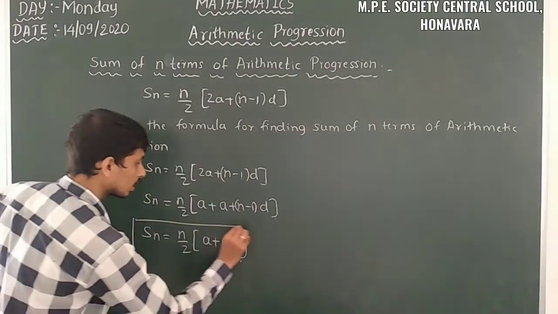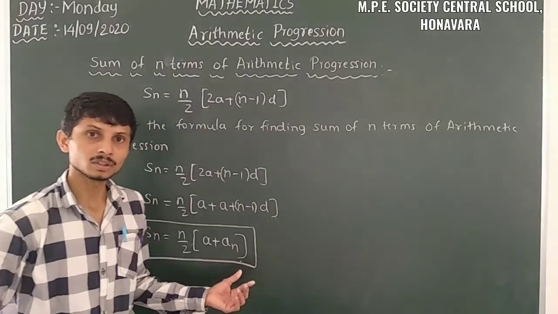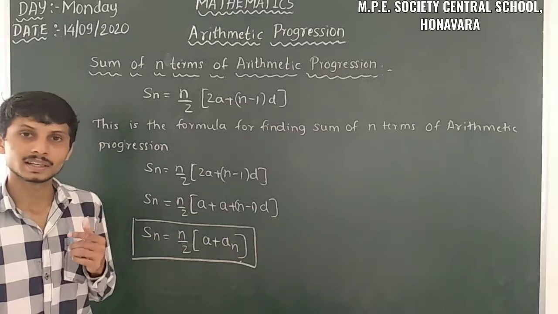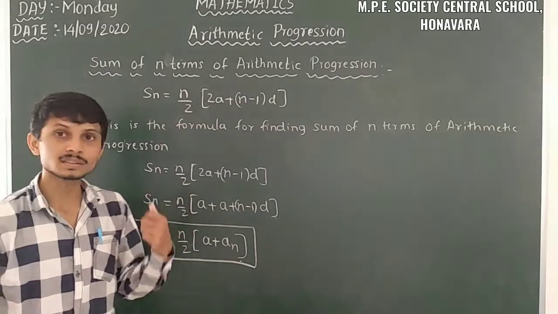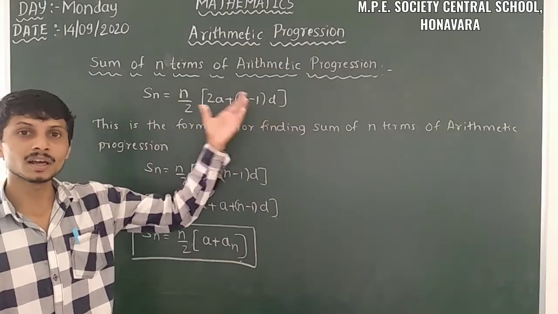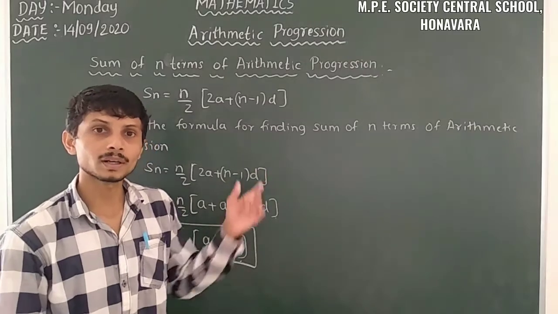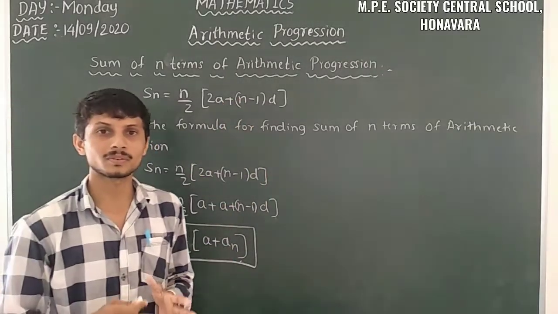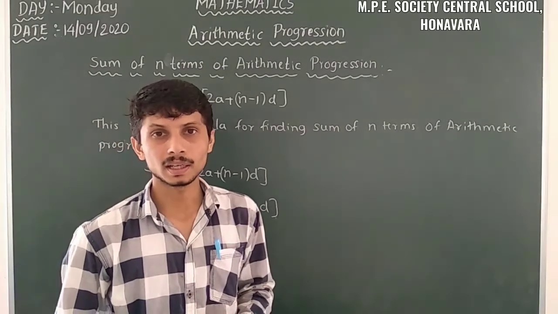So this is the formula for the relationship when we know the nth term, so we can directly insert this formula and find out the value of Sn. It is the easiest formula. When we don't know the nth term, then what do we have to do? We have to insert this formula, substitute all the given values, and then find out the sum of n terms. So these two formulas are very helpful for finding the sum of n terms of an AP.